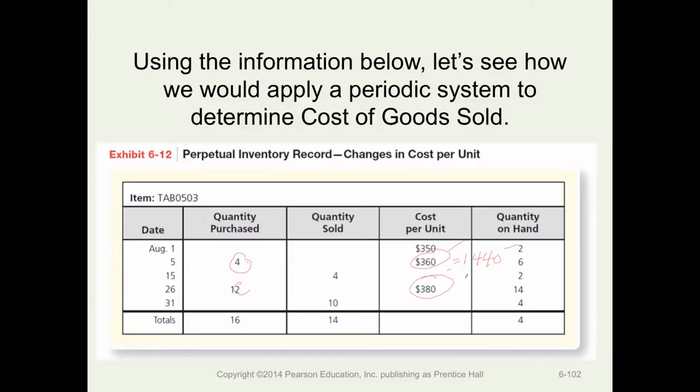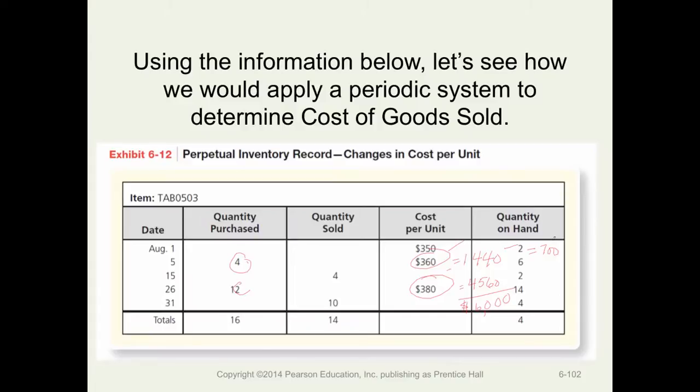And that would have been for a total of $4,560. So the total cost of goods purchased is $6,000. Now, there were no purchase returns and allowances and no purchase discounts in our prior example. And we know that the beginning inventory is 700. Now, if this is FIFO, the first goods in are the first goods to be sold. So therefore, everything that you had at the beginning of the period plus your purchases have been sold except for